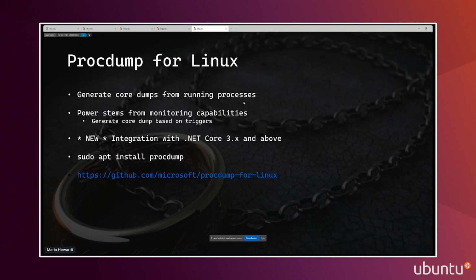ProcDump, the real value add for ProcDump stems from the fact that it allows you to monitor processes that are running based on certain triggers. So you can say, hey, I want you to monitor this process and generate a core dump when a certain specific thing happens. A great example of that is you might have your web app running, and sporadically, you don't know when exactly it's going to happen because it's indeterminate,